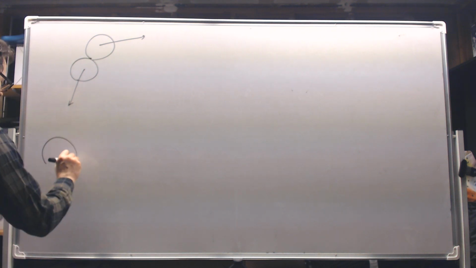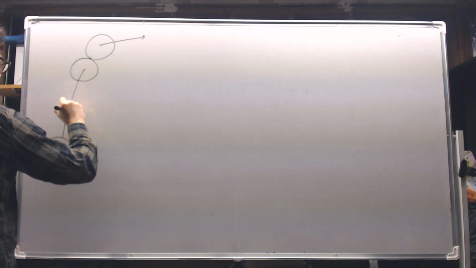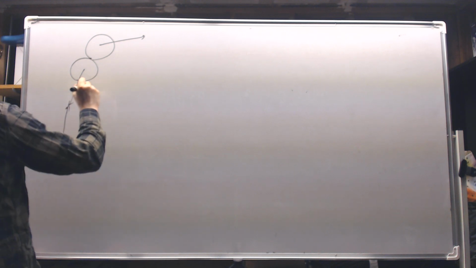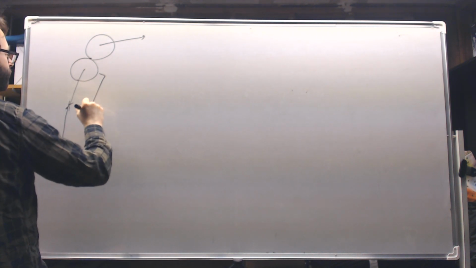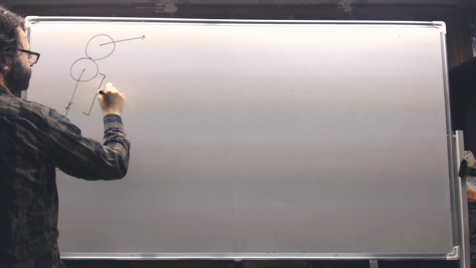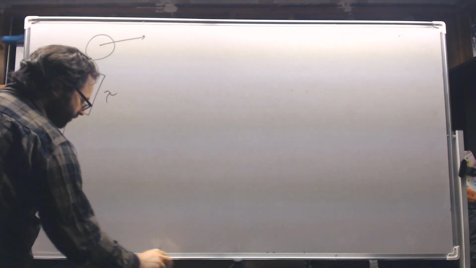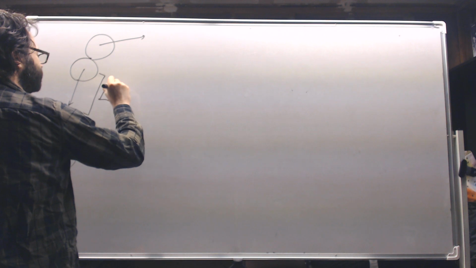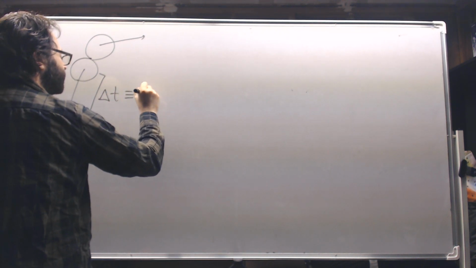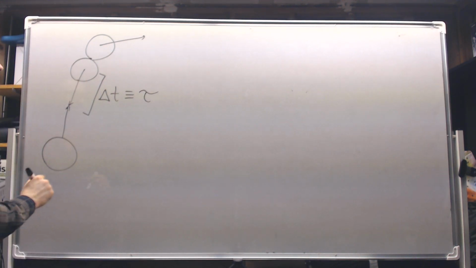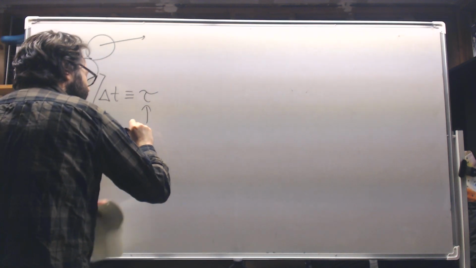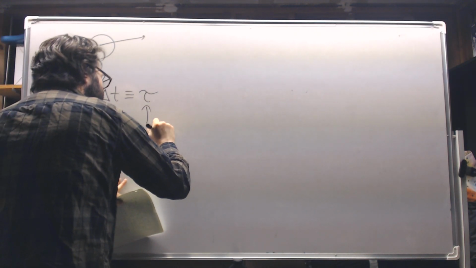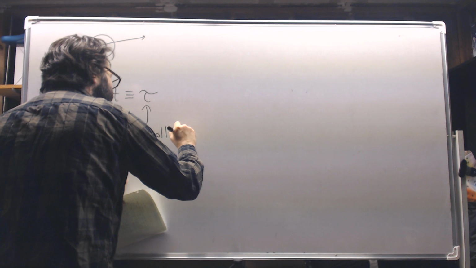And suppose there's another molecule here that is on a collision course with this molecule, and so this molecule will travel some time, let's call it delta t. Sometime delta t, I'm going to define as the letter tau, called the collision time,